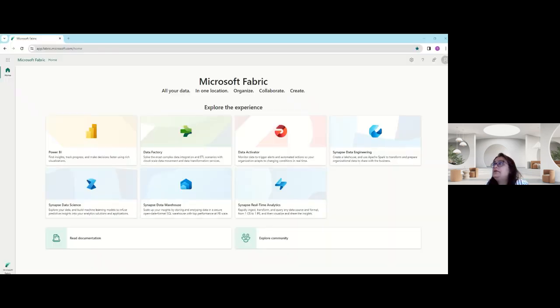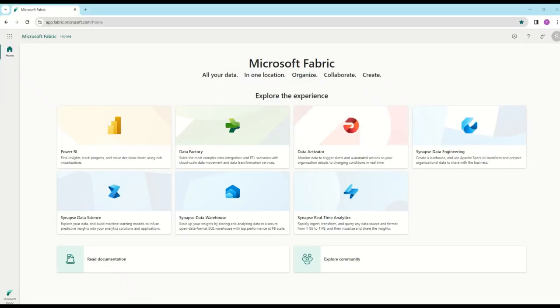Let's have a quick demo of the topics we discussed today. Let's have a quick overview of what we covered today. Again, this is just a high-level walkthrough, and we will be covering these topics individually in deep dive sessions in the future. To experience Microsoft Fabric, log into